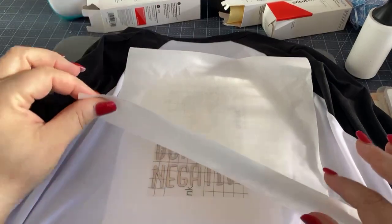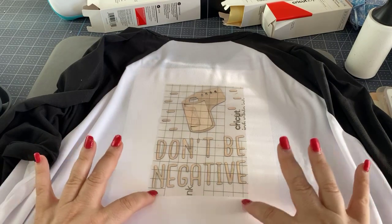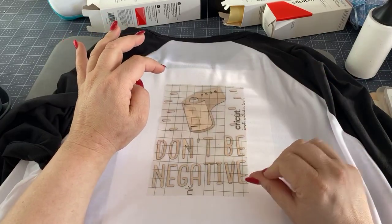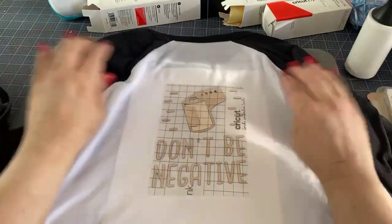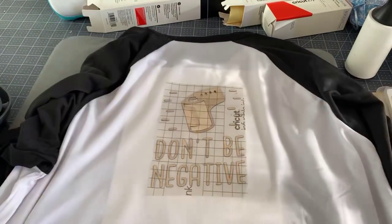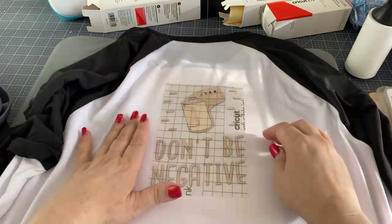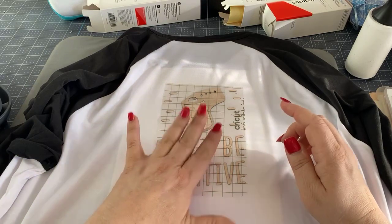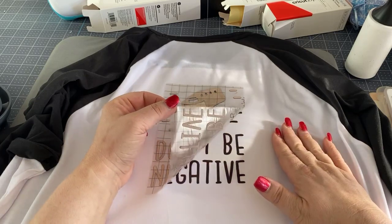All right. So there's my butcher paper, and I could probably use that again and put it aside. Allow it to cool a little bit because this is very hot, and you're going to just start from a corner and let it cool a little bit. And I know that this thing makes it hotter, and so if I couldn't be patient, I would have to take it off of that mat. But this is demonstration, so it's pretty cool. And we just start peeling